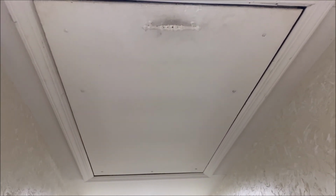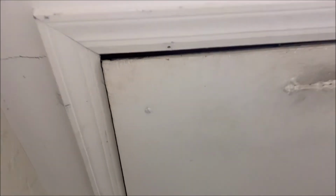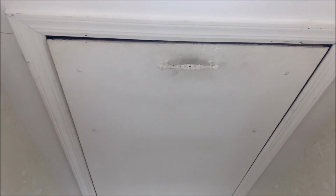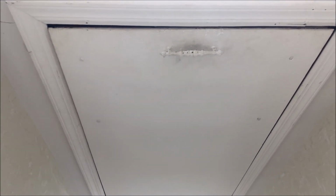Hey YouTube, so my next project: winter is coming, and I have one of the pull-down attic staircases, which I don't know if you could see, but the thing never sits right. It never seals all the way, and we get heat escaping in the winter and cold escaping in the summer. So anyway, my solution for that is